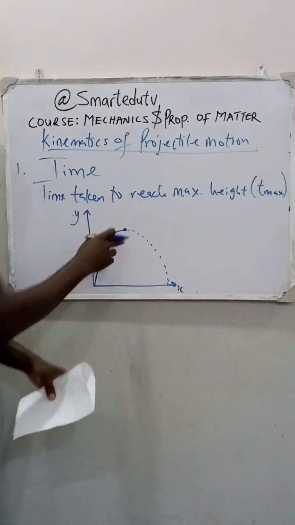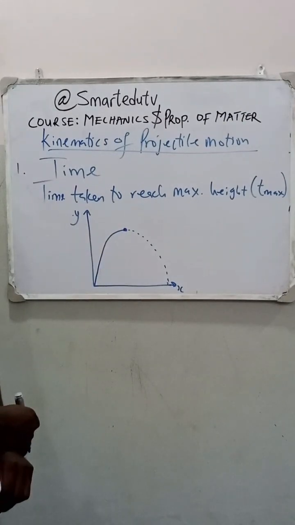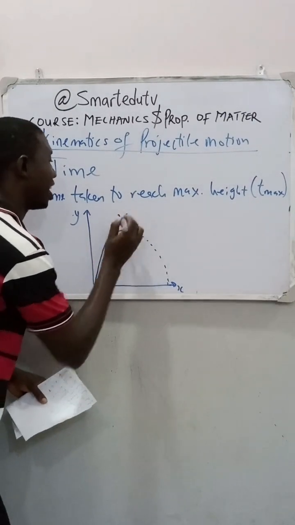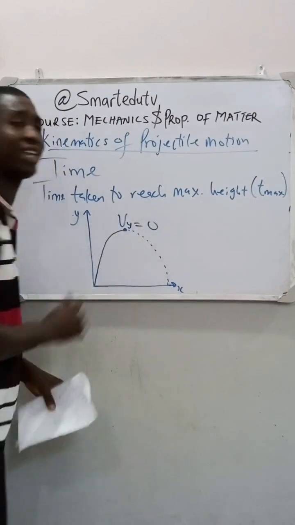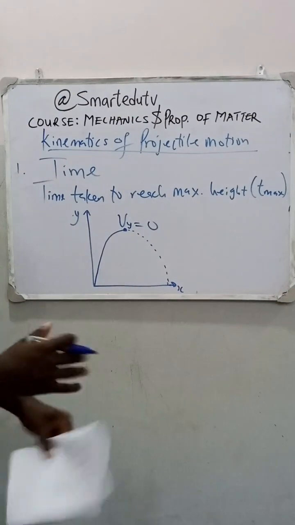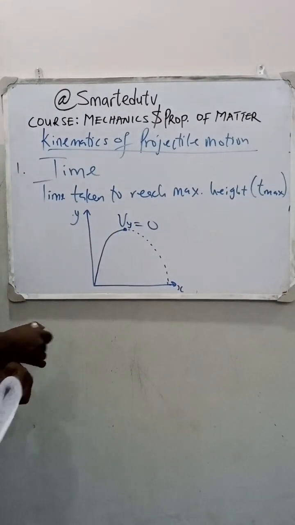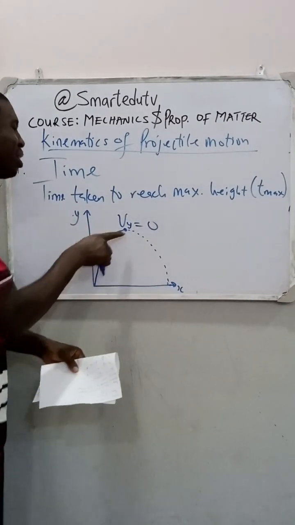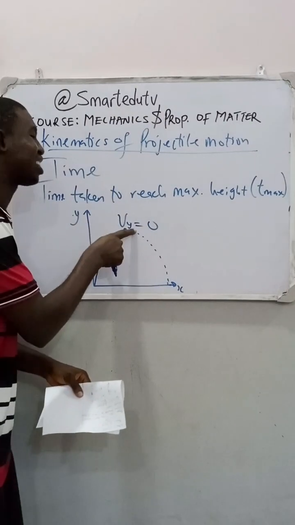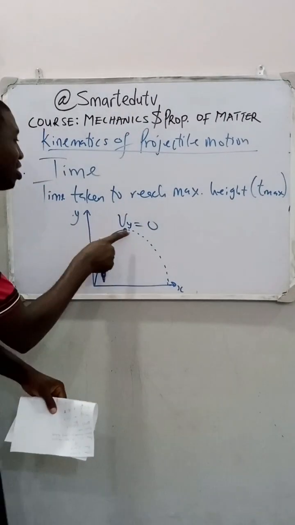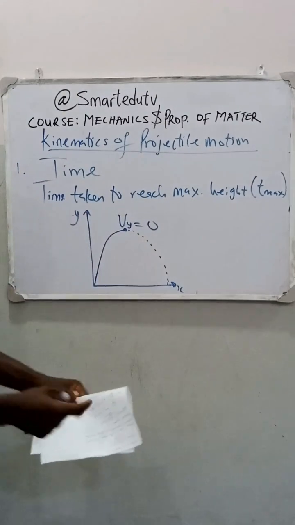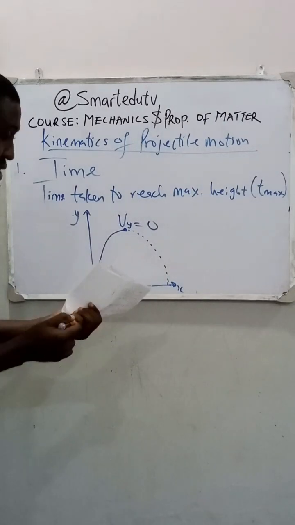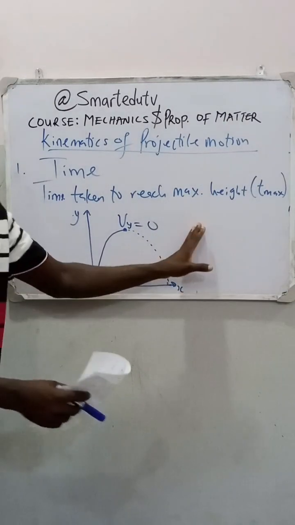At this maximum point, what happens to the velocity? At this maximum point, I can say that the velocity along the y-axis equals 0. Why? There is no more velocity there. Initially it is moving with a particular velocity, but when it gets to the maximum point, there is no more velocity, because the velocity along the y component becomes 0 at the maximum height. If that is the case, it means for me to understand which of those equations of motion I'm going to use,